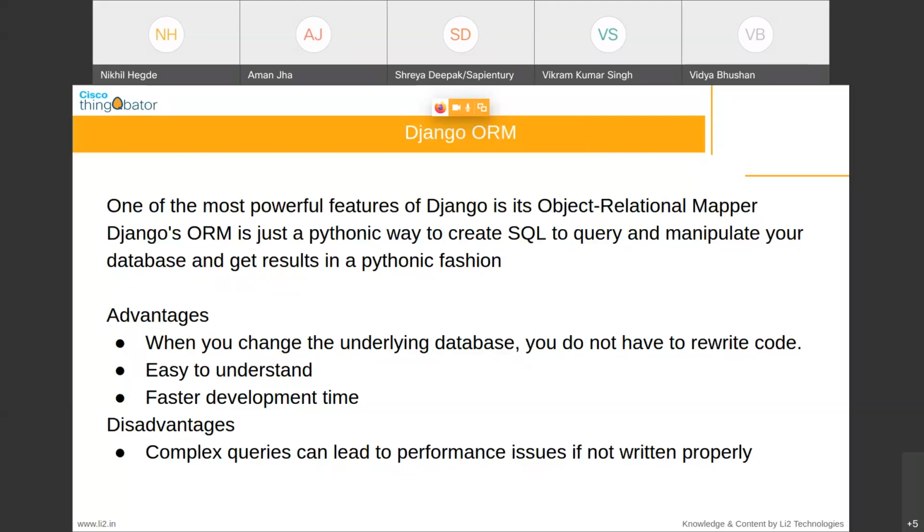Another thing is, if you want to write an SQL query, you should know each and every SQL syntax. You should know the syntax of MySQL, PostgreSQL, as well as SQLite, MS SQL, and MongoDB. Everything you should know. But here you needn't. Even if you have zero idea of SQL, you can write queries in Django because of ORM. If you know how to write queries in ORM, you can attach any database and write queries.